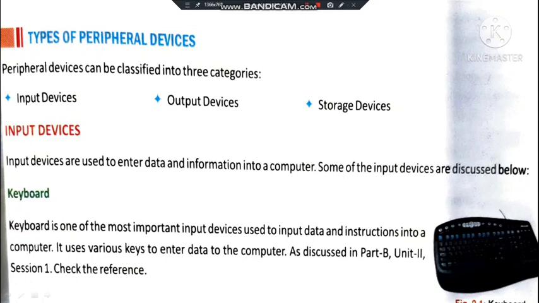Then we have combination keys like Control, Shift, Alt. These keys are known as combination keys because they cannot be used without a combination with another key. Then we have special keys, special characters, all the signs, and navigation keys like all the arrow keys, Page Up, Page Down, Home. These keys help you move from one position to another, which is why they are known as navigation keys. So in detail this much was there about the keyboard.